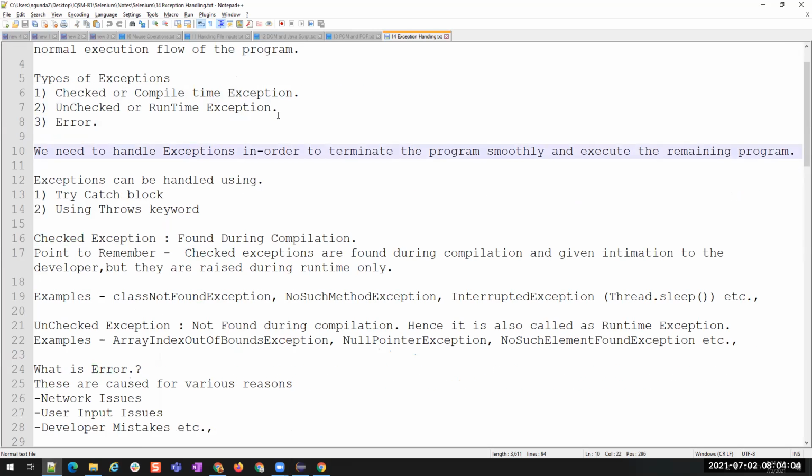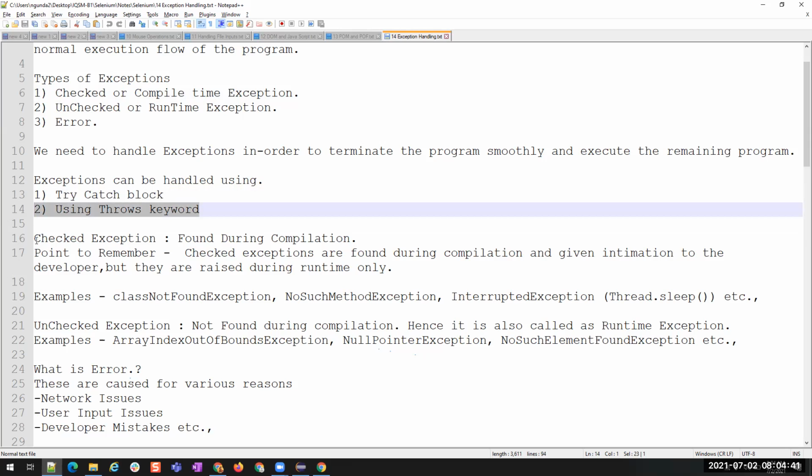Okay. So how do we handle these exceptions? With the help of a try-catch block or using the throws keyword. If I want to perform some operation, then I'll use a try-catch block. If I don't want to handle the exception, I want to give it to the end user, so however they want, they can implement or resolve that exception. For that reason, we can use this throws keyword. There are two ways to handle exceptions: one is using a try-catch block and the other is using the throws keyword.